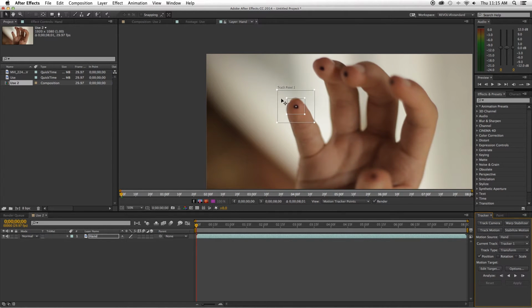Okay, so as you can see, I already have my points set up. Now to track this, it's quite simple. You're just going to start going down here to where it says Analyze, and you're going to be clicking on these buttons down here. The play button is going to do it for you automatically. I don't like this because if it does mess up, it's hard to fix. So I usually like just to go frame by frame. So if I click Analyze 1 frame forward,